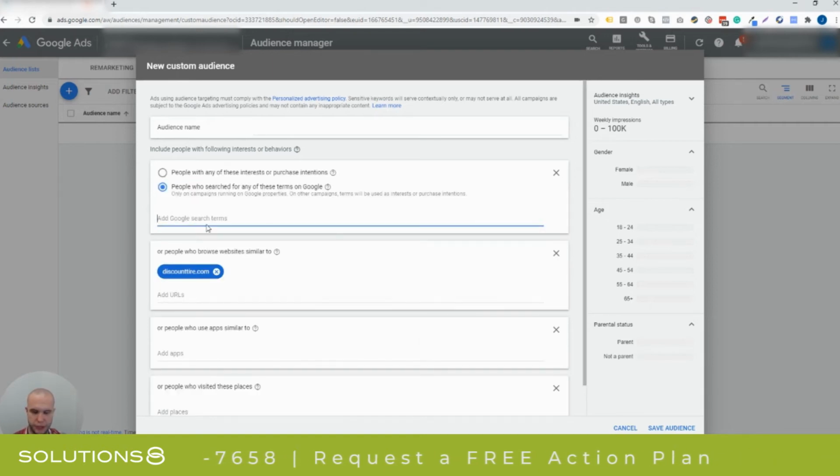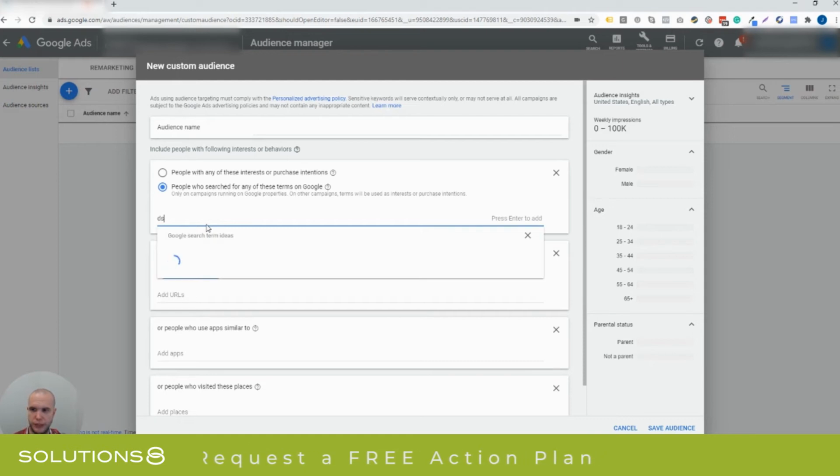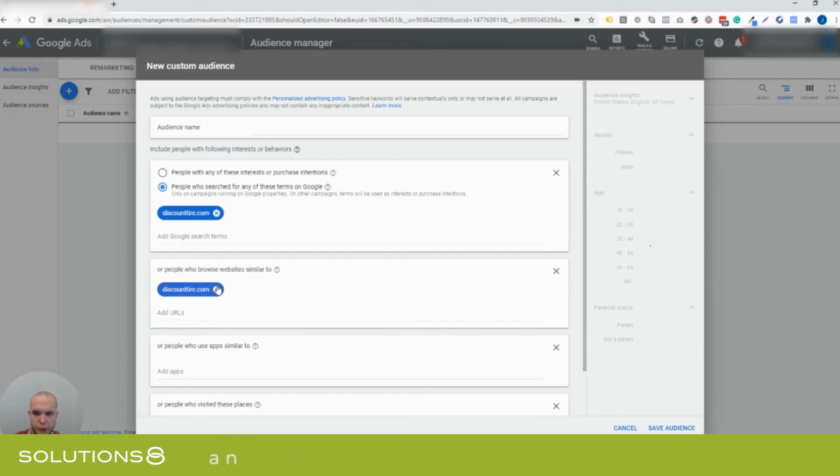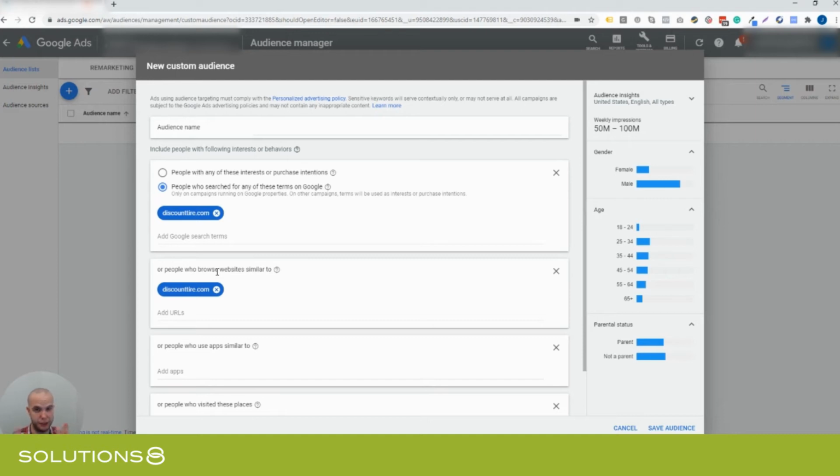Say, people who search for this on Google, if they went to discounttire.com here, you can say people that have searched this on Google and browsed similar websites too, so you can start to overlap these. Now, it's not a refine. It doesn't mean this and this. It's an or,